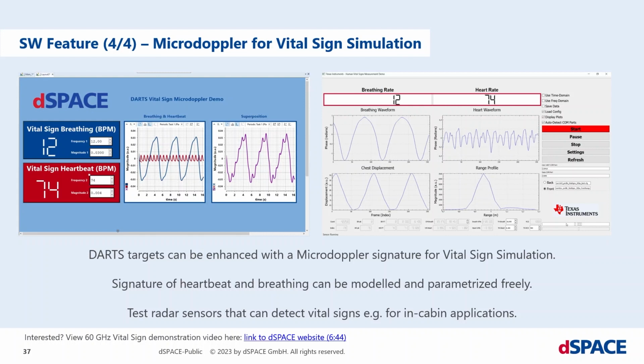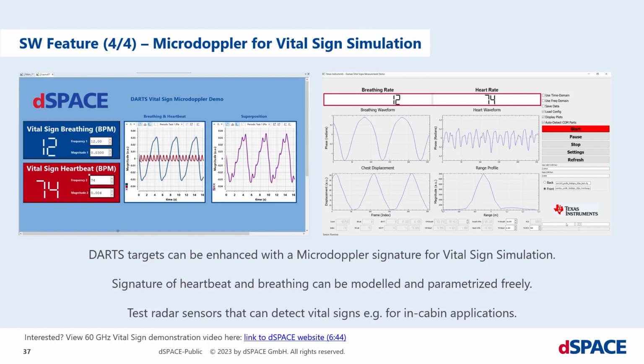And at last, MicroDoppler. In addition to the target parameters that were discussed previously, range, speed, RCS and angle, DARTS targets can also be enhanced with a MicroDoppler signature for vital sign simulation. On the left you can see one possible model for breathing and heartbeat that is then imprinted on a simulated